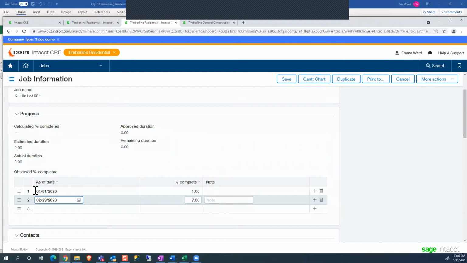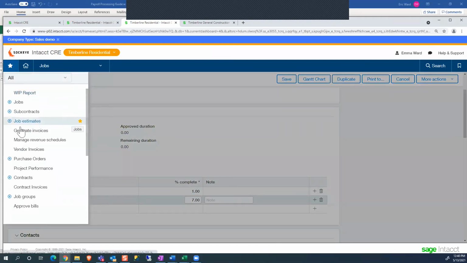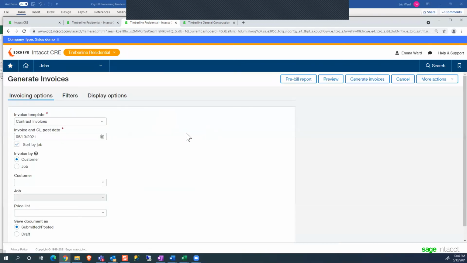So if I bill as of January 31st, it's going to want to bill out 1% of the contract. So to do that, I can come down in here to generate invoices. And I'm going to filter this out just to look at that one project, but we could be doing this in mass if we wanted to. So I'm just going to say this is by job and select my job that I'm interested in.